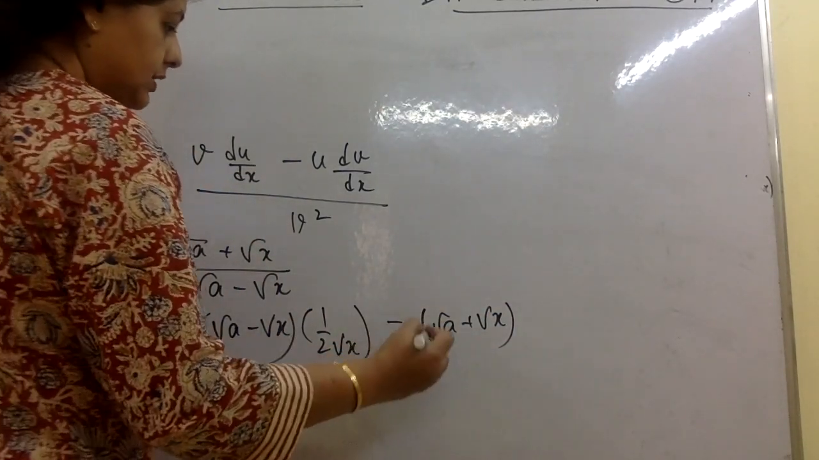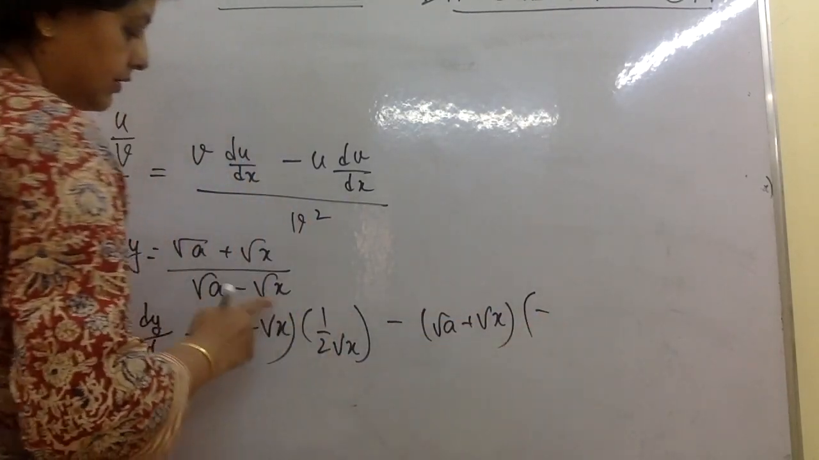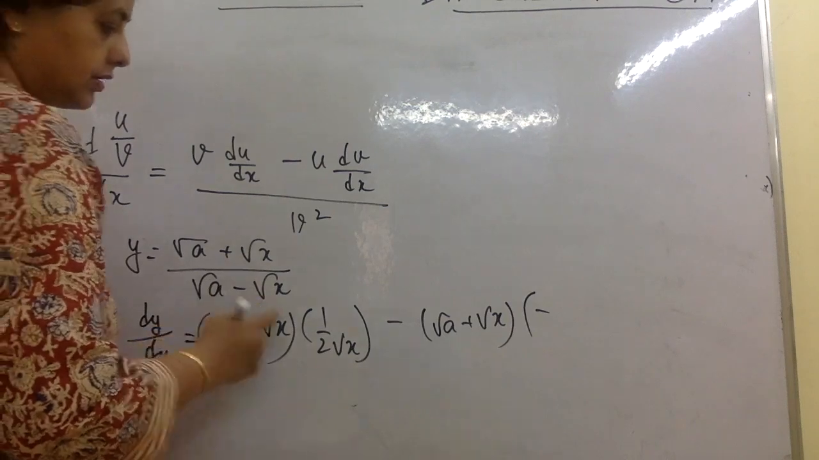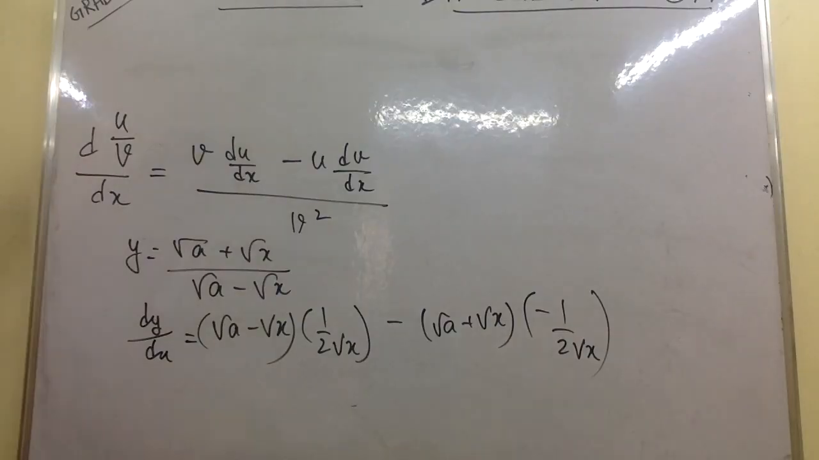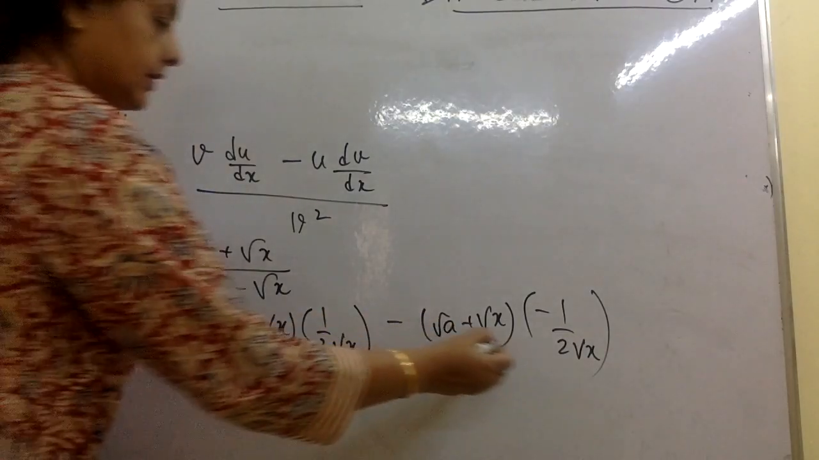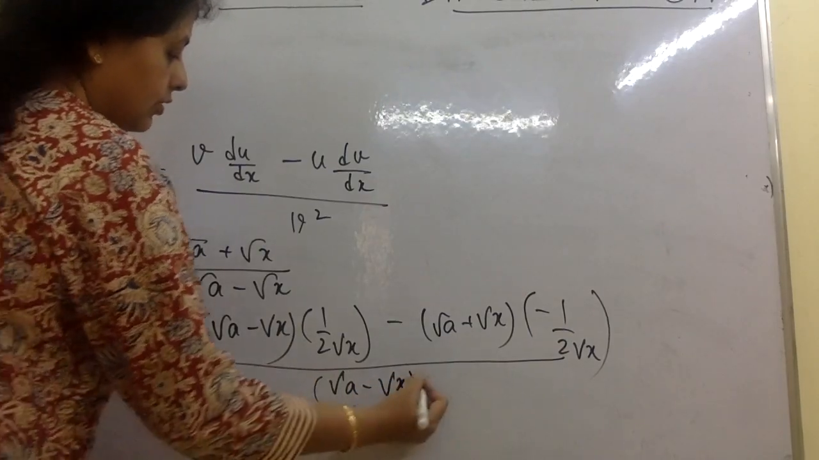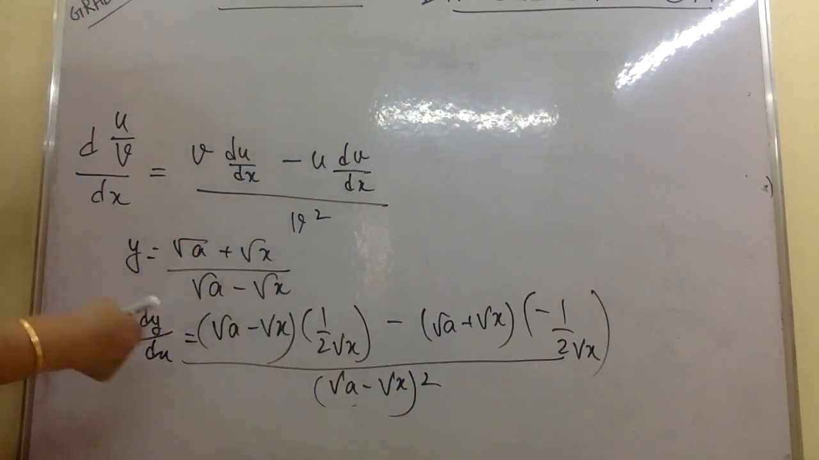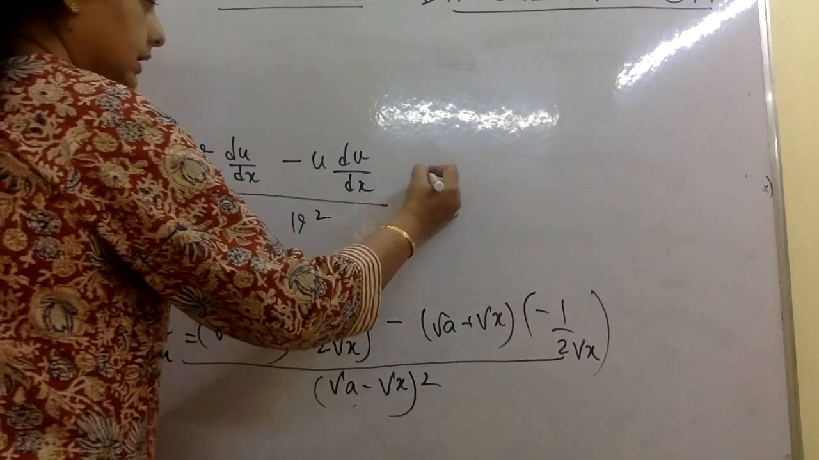where it becomes minus, then root x, this becomes 1 by 2 root x. Okay, by root a minus root x whole square. That gives us, now we need to work on this further. We need to work on this. That gives us